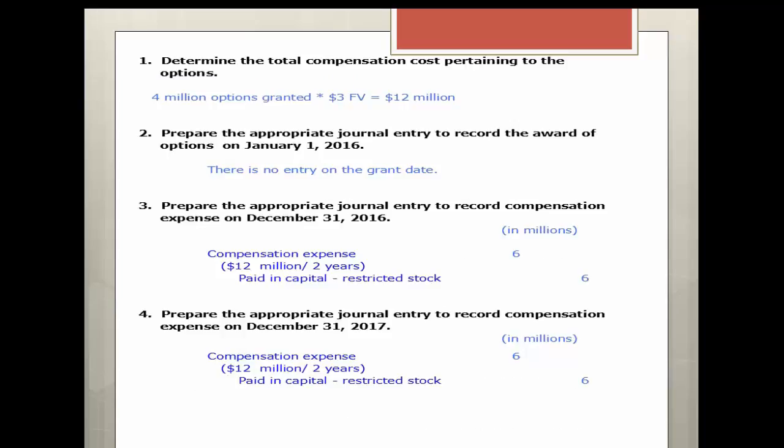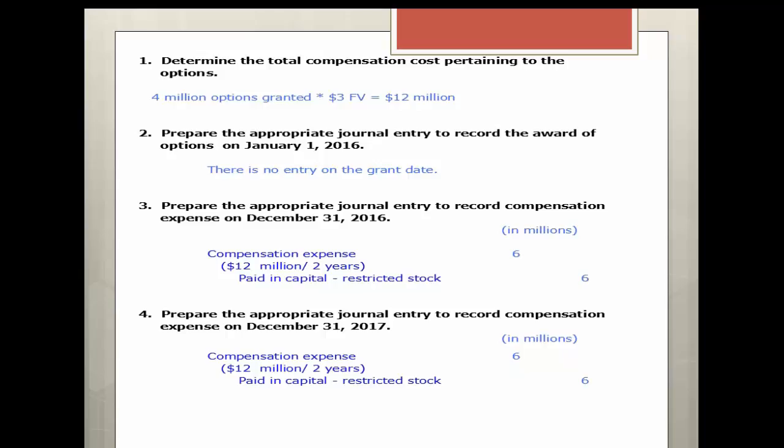What we're looking at here is the total compensation pertaining to the options. So the options are 4 million granted times $3. So 4 times 3 is 12, so we're talking about $12 million. $12 million essentially represents the value of the options at the time the program was initiated. There is no journal entry at the time of the initiation, but at the end of the year we are recording half of this as a compensation expense, and the credit is going to go to paid in capital